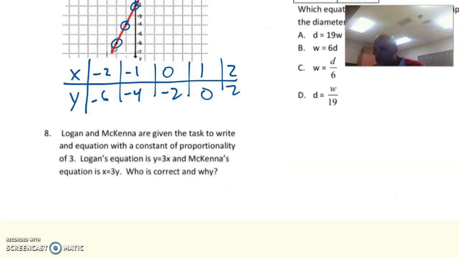Number 8. Logan and McKenna are given the task to write an equation with a constant of proportionality of 3. Logan's equation is y equals 3x. And Megan's equation is x equals 3y. Who is correct and why? Logan,